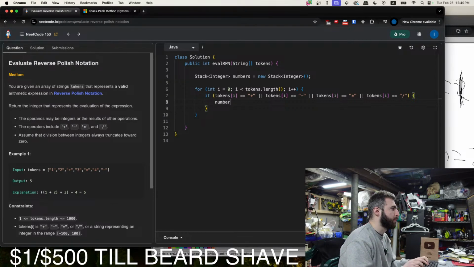Interesting. numbers.push numbers.pop. Oh, are we gonna have to do this 4 separate times? Plus numbers, I think we'll have to just split this up actually. numbers.pop plus numbers.pop.